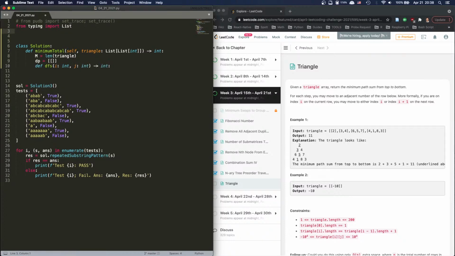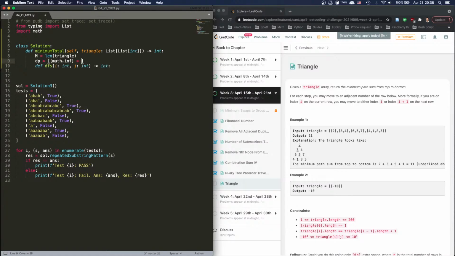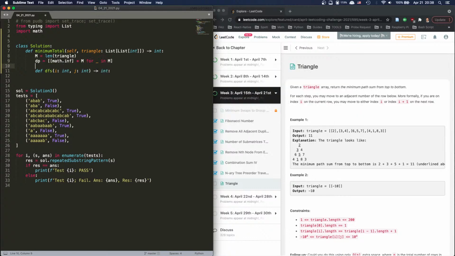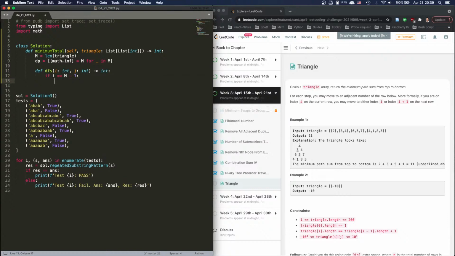It's going to be from just import math. So we're going to do math.inf times m for this in m, right? So that's dp. And then what we're going to do is, I is the row, right? So if I is equal to m minus 1, that means that's the last row, then we're going to do